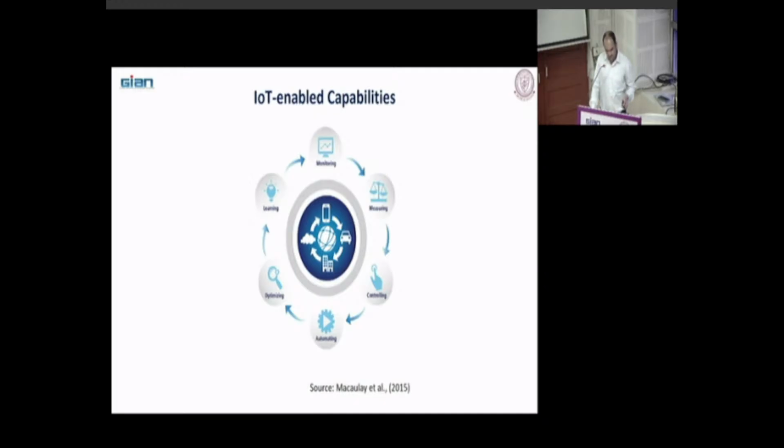Capabilities: it will monitor the performance, then tell you when we need the preventive maintenance, measure the performance again, control sometimes the temperature inside your vehicle, automate the things, optimize as well, and it learns from the previous experience. Basically sometimes Alexa learns from your previous commands, and then accordingly recommends some options. So those kind of capabilities you can see in the IoT enabled platform.